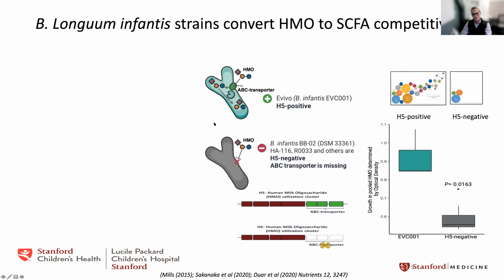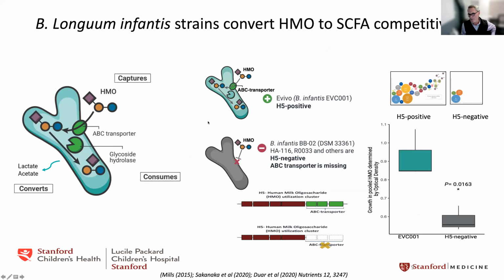So what can we do about this? If all our babies are heavily colonized by Proteobacter, and I've told you that nature has actually created a system where these bifidobacterium should be there to take these HMOs and convert them to short chain fatty acids, we look at this particular bug known as B. longum infantis. And the mechanism here is that it has the machinery or genetic capability to capture HMOs extracellularly,